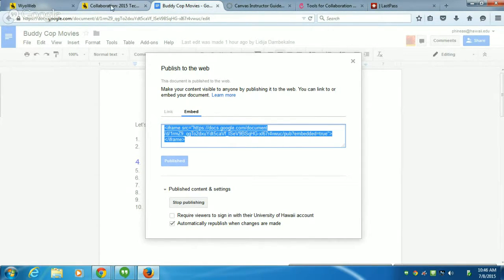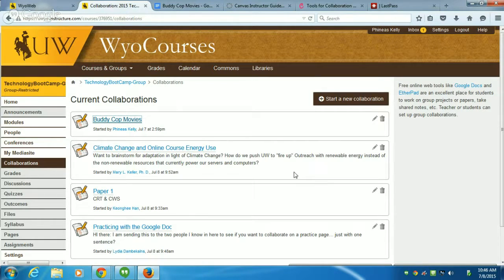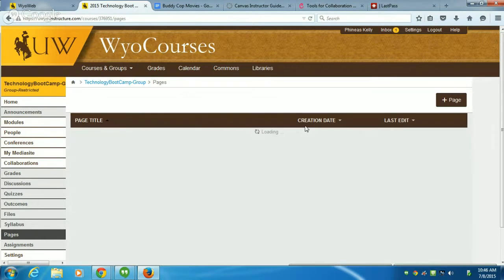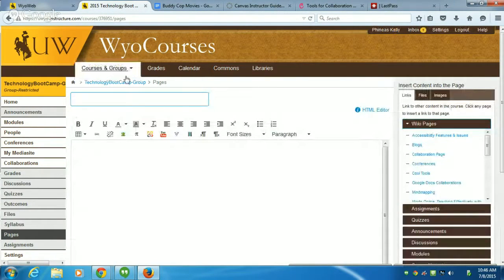And then I'm going to go back out to the overall course, and I'm just going to put it into a page. And because of our intentional course navigation, I'll then have to put that page in the module. So I'll see if I can remember to do everything that I'm talking about here. But I'm going to go to View All Pages and hit New Page. And I'm going to call this